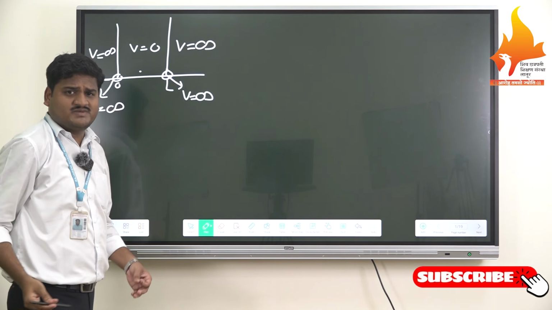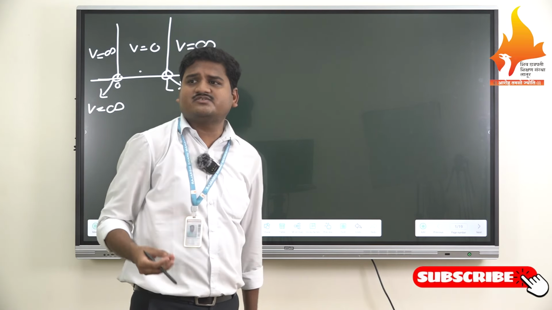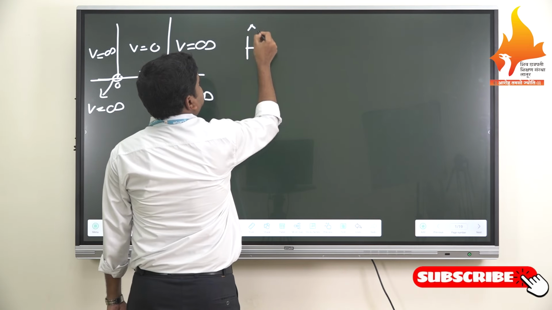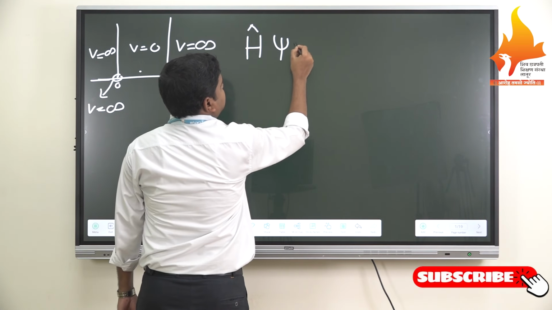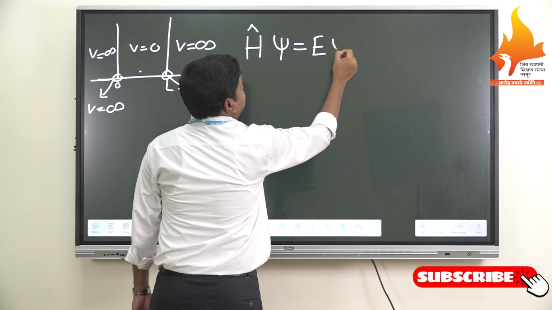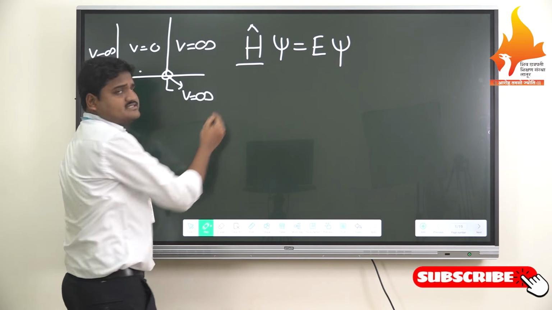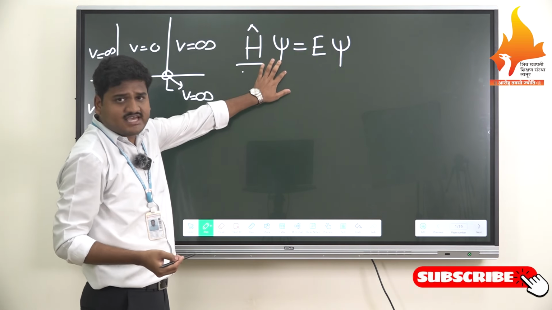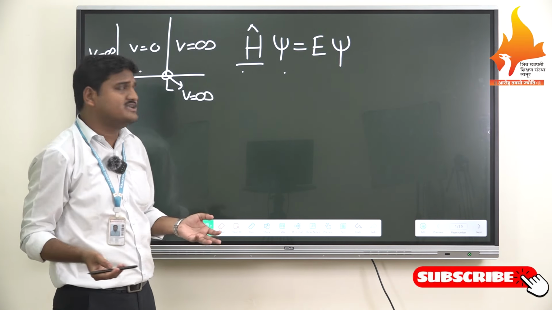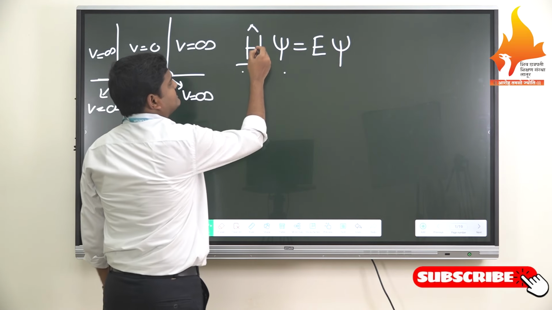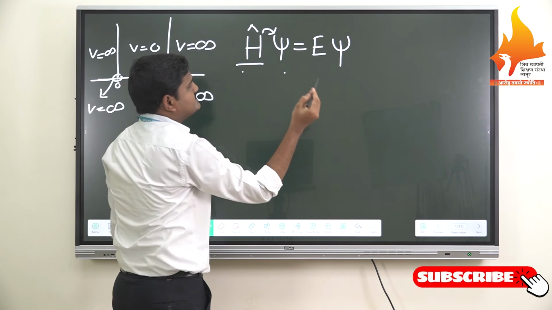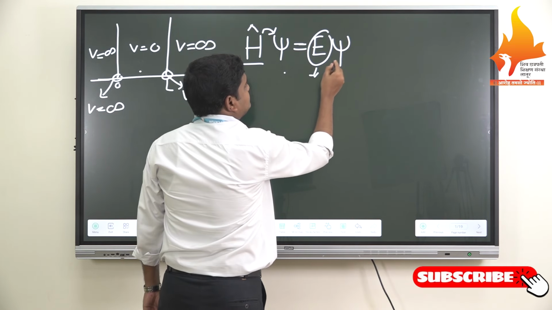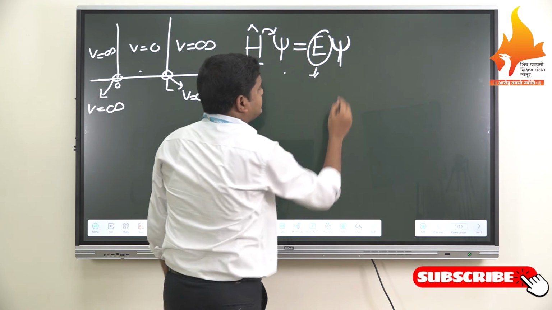So we take the best equation of quantum mechanics, the mother and father of quantum mechanics, the Schrodinger wave equation. We write Hψ = Eψ. Here H is the Hamiltonian operator, that is the energy operator. We can operate it on the wave function psi of any quantum particle, and we can find the energy values, the eigenvalues of the psi wave function.